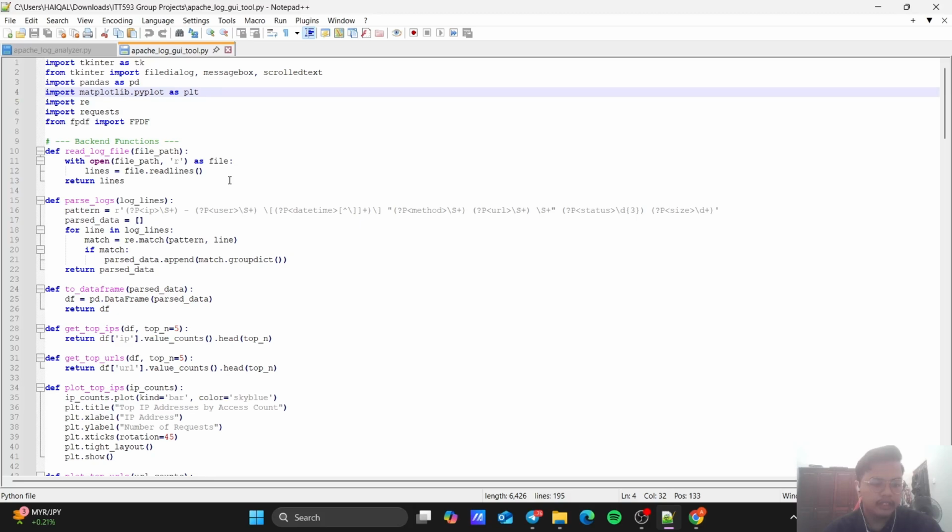For read log file, this function opens the user selected log file and reads its content line by line. The result is written as a list of strings where each string represents one line from the Apache log. Next is parse logs. This function processes each line from the log file using a regular expression pattern. It extracts key components from the Apache log entry, including IP address, user identity, timestamp, HTTP method, request URL, status